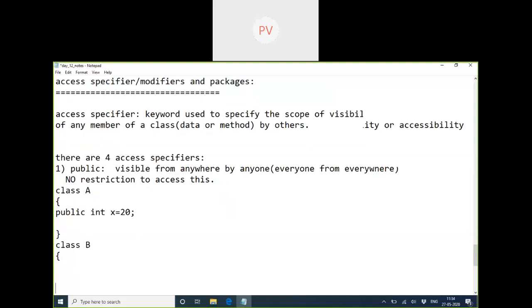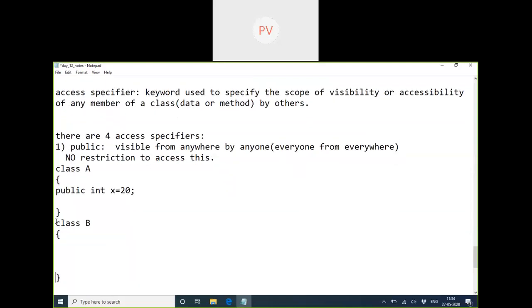What should it do? With the class name, like A dot x? Sorry, no, it should first create an object of A and then access it.